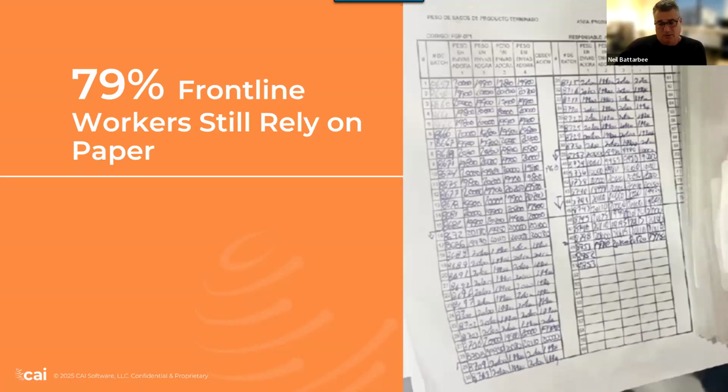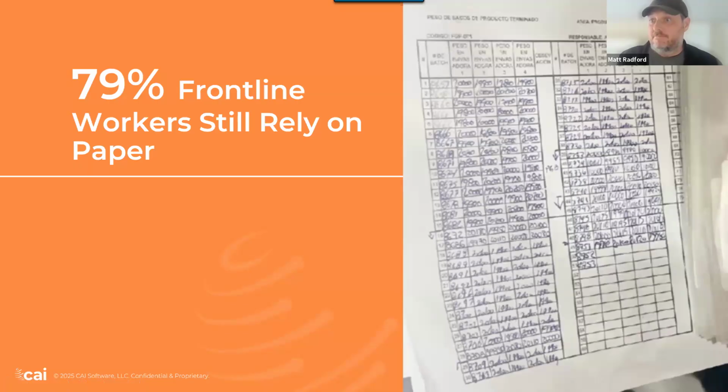What's the norm? It's a perfect example of where to start, because a lot of companies are still at the point where their operators have to walk around. They might have to take measurements from machines. They might have to adhere to various paper travelers, and what we're seeing with our larger, more complex companies is travelers and paper measurements that measure in thickness in inches, very big, very heavy, very paper driven. And so I think this stat is very relatable to me and what we see with our customers.